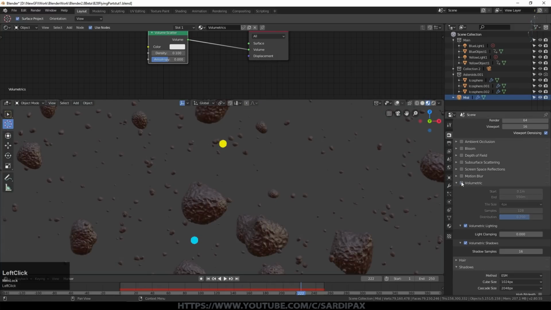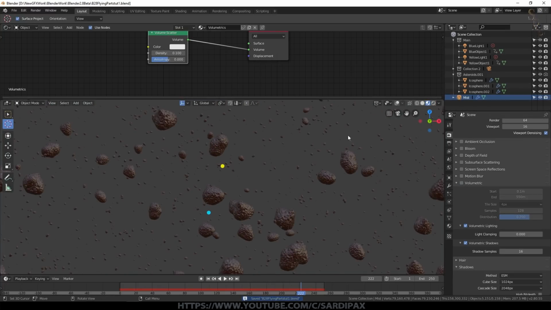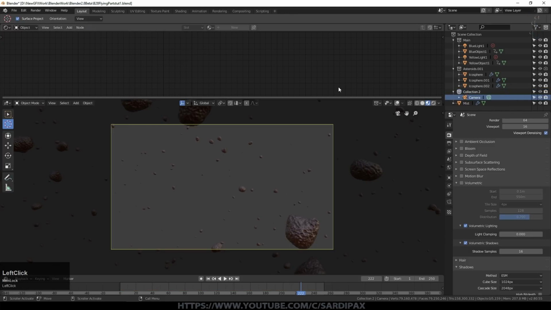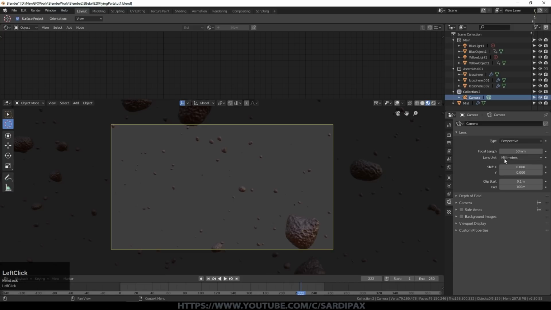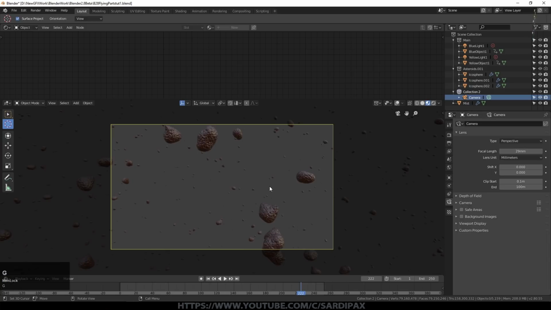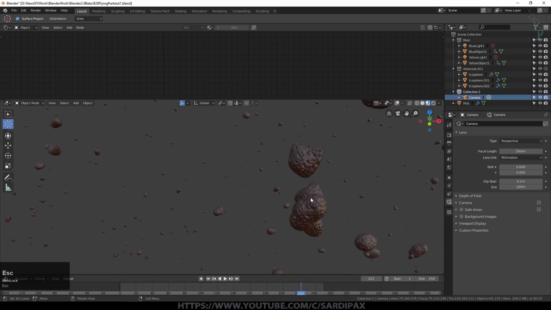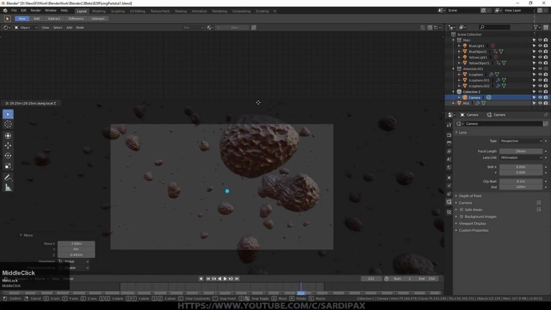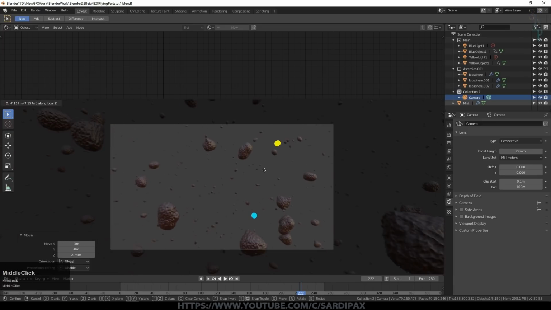So I'm just going to turn volumetrics off for a little bit, and I'm going to select my camera. I'm going to look through my camera first of all. Now my camera is in this collection here. Just pull it down here so I can see it. And I'll turn my camera on so I can select it. Here's my camera, and obviously we can play with focal length and things like that to zoom in and out. I actually did reduce the focal length a bit, just to sort of make things a bit more interesting. So there is my camera, and I can move my camera in and out and so on, like so.